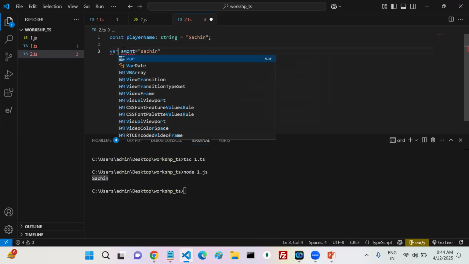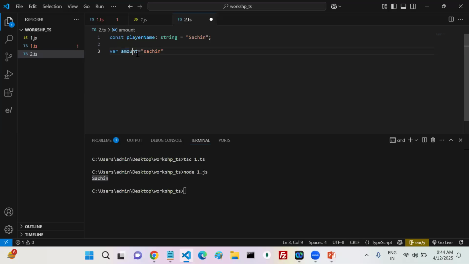Now, if you write my amount equals to Sachin, okay, no error, nothing. Why? You have not used the TypeScript features. My amount, which type are you expecting? Number type, right? Can I mention number so that it gives me an error? So it is accepting only numbers, yes or no? Now with Sachin, no error. If you write boolean, now it gives me an error.